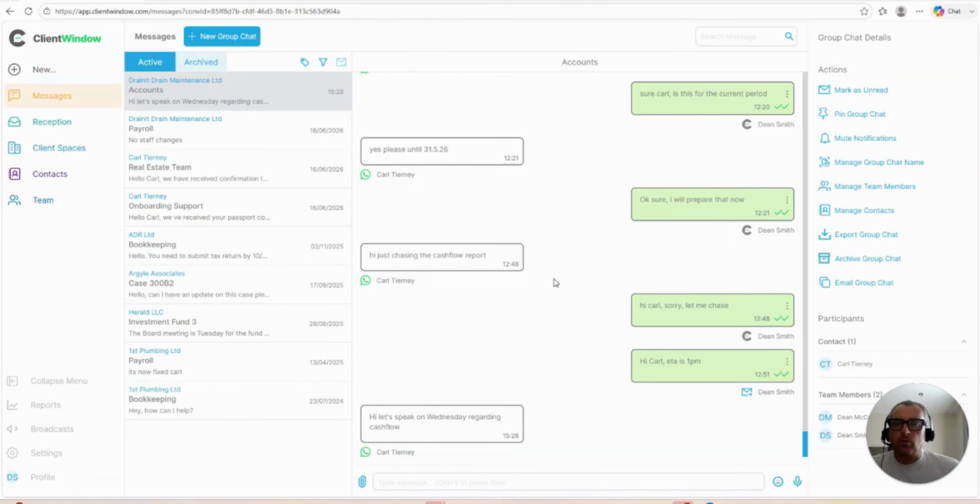Hello, this is a brief walkthrough of ClientWindow's new WhatsApp broadcast capability, also known as WhatsApp bulk messaging. This allows accountancy firms to send one-to-many WhatsApp campaigns to specific audiences, based on things like requests for information, updates you want to share, and any reminders that you need to send out to clients. You do this as a one-to-many process rather than sending those messages individually to clients on WhatsApp, which is much faster, obviously, saves lots